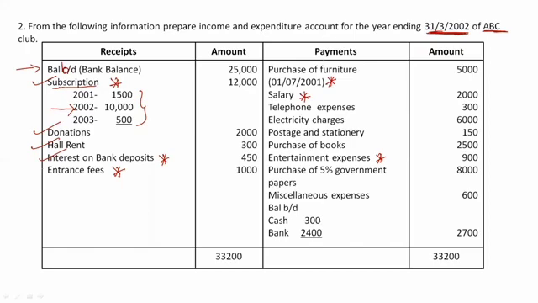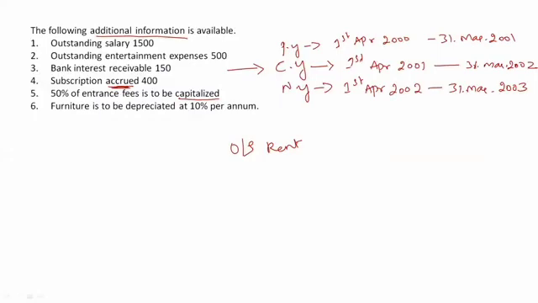Then in the payment side, first of all we have purchase of furniture rupees 5000. Now furniture is my asset. If I am purchasing a furniture, I will not purchase it every day. It is not my revenue expenditure. Clear? I will purchase furniture once in a year, once in 2 years. Certain times we will not purchase even once in 2 years. It is not my revenue expenditure, but there is a star mark related to it. So we have an adjustment. So let's see what is the adjustment here.